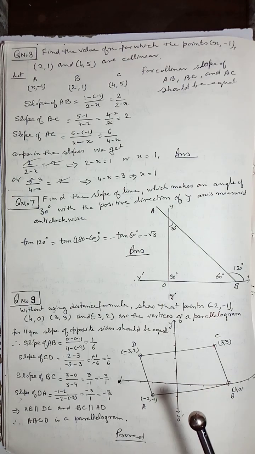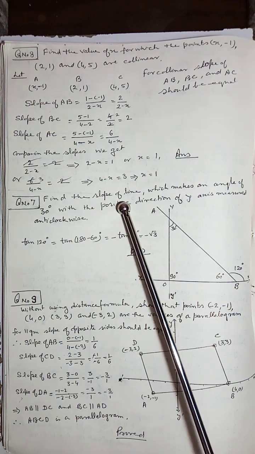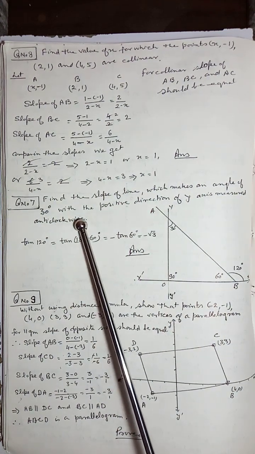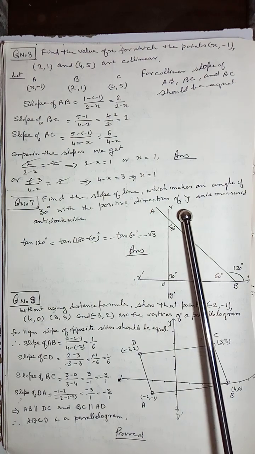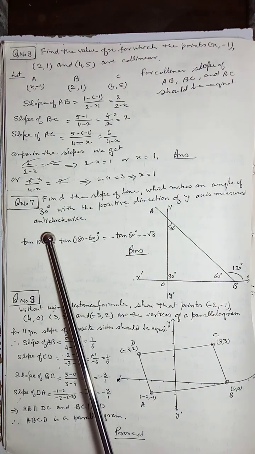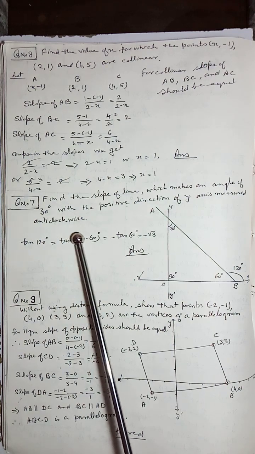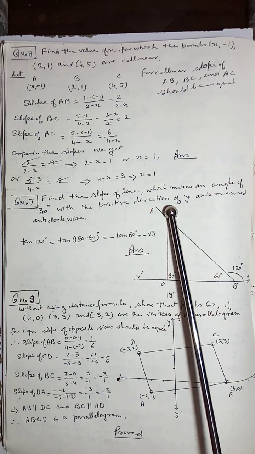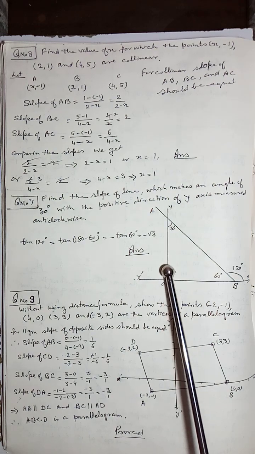CBSE Mathematics Class 11th, Chapter 10, Exercise 10.1, Question number 7. Find the slope of the line which makes an angle of 30 degrees with the positive direction of the y-axis measured anti-clockwise. इसमें आपको दिया हुआ है कि एक लाइन AB है जो कि y एक्सिस की पॉजिटिव डायरेक्शन